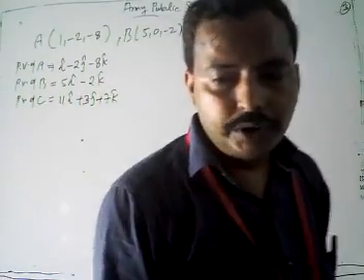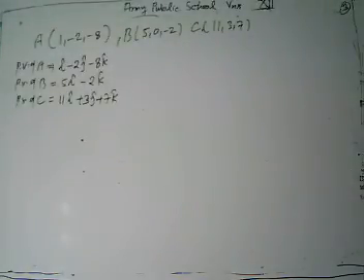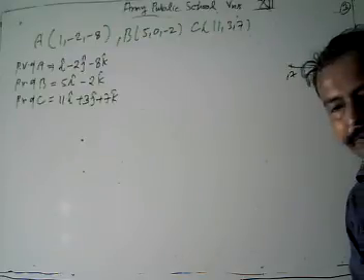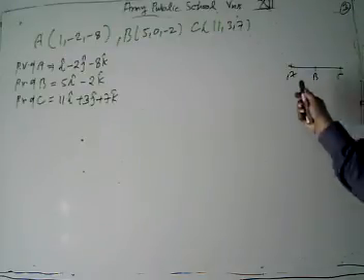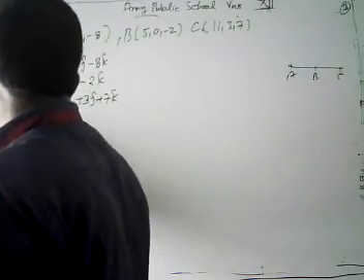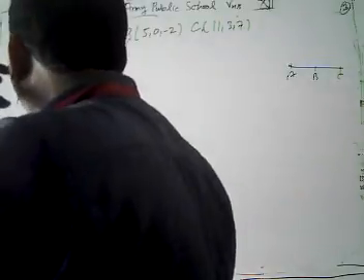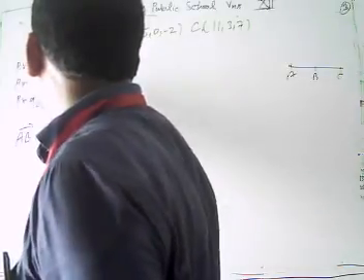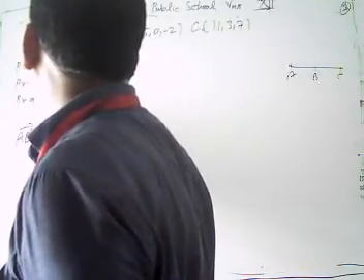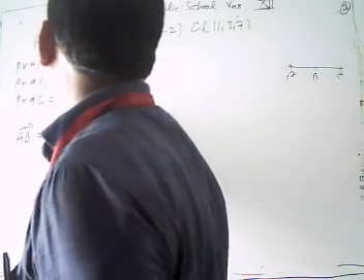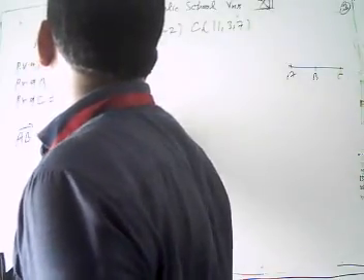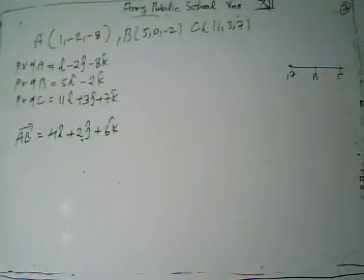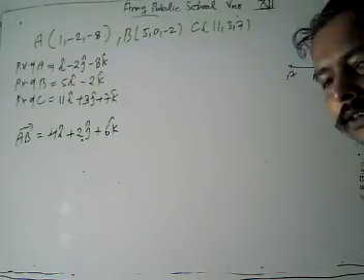Then what do we have to do? First of all, we have to find out the vectors AB and AC. Now look, how can we get AB? The position vector of B minus A: 5 minus 1 gives 4i cap, 0 plus 2 gives 2j cap, and minus 2 plus 8 gives 6k cap. Please verify it. Now we get our vector AB, which is 4i cap plus 2j cap plus 6k cap.